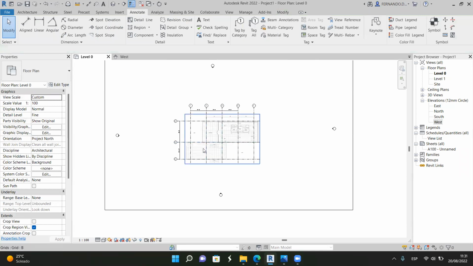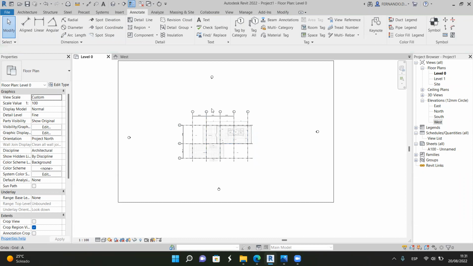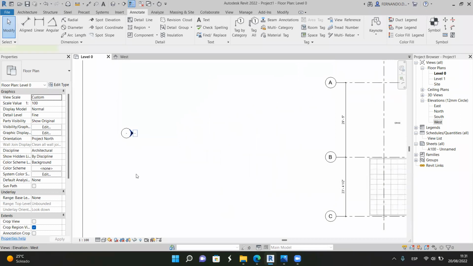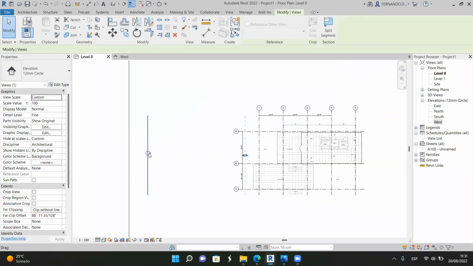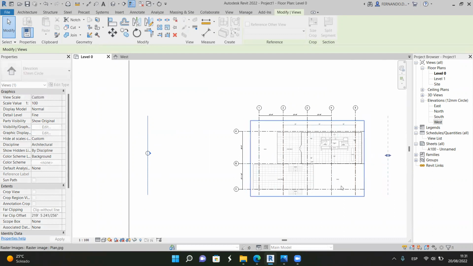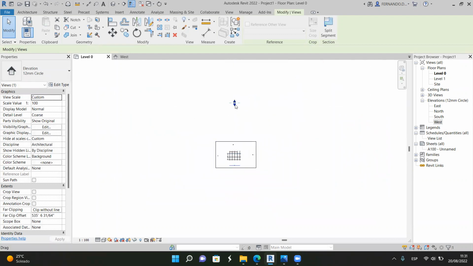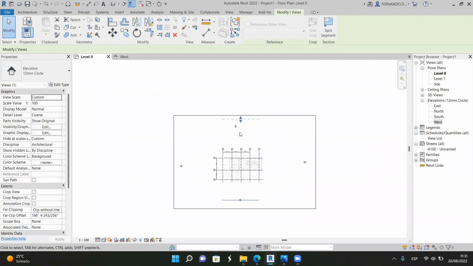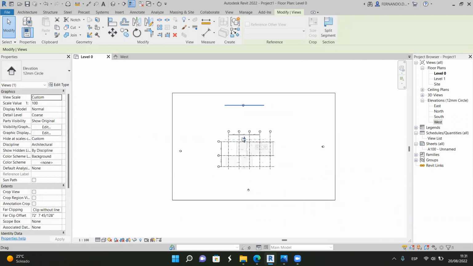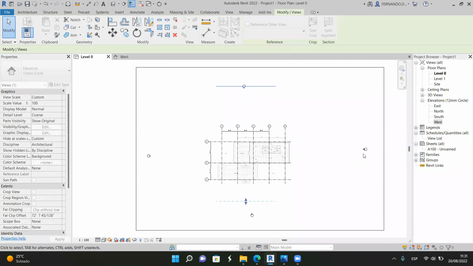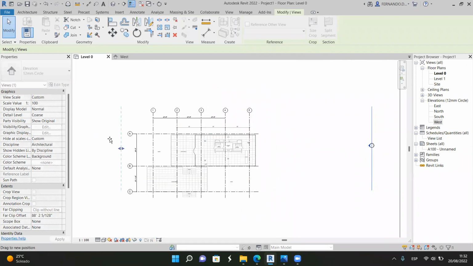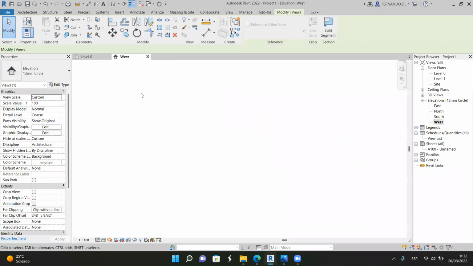So now I have elevation marks and I have the drawing or the house here. But now I have to click here, and you see that we start looking from this point, from this continuous line up to this dashed line. So I have to extend this dashed line here, and then I will see everything. What about this one? Where is the dashed line? Well, I did this before. It's probably too far away. Then I have to select this, drag this here, and finally here, and drag this there. So now if I open the west elevation,